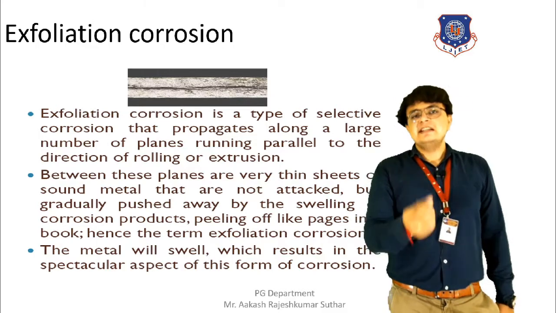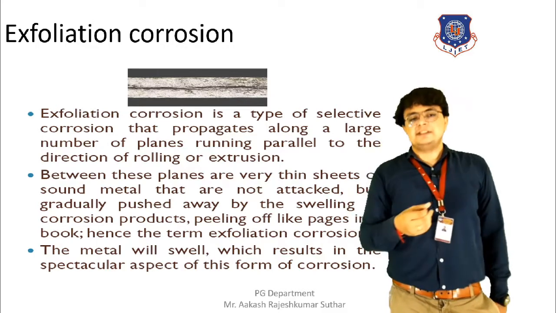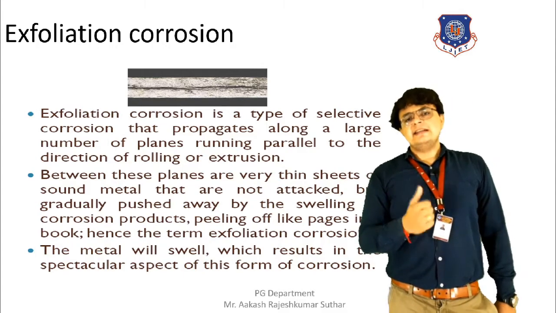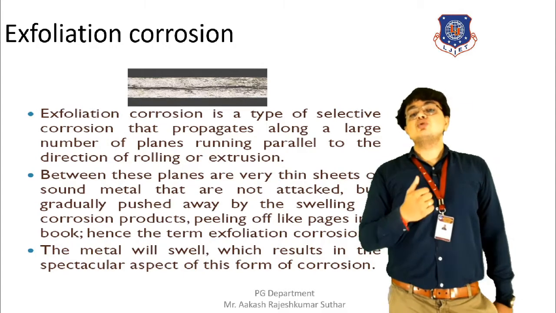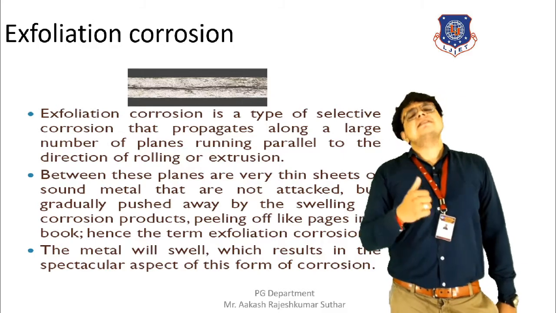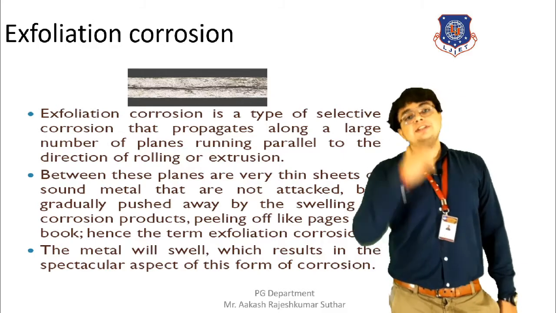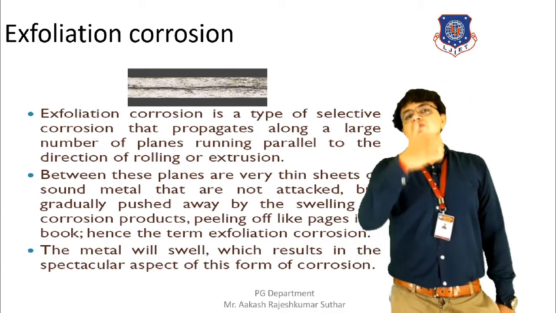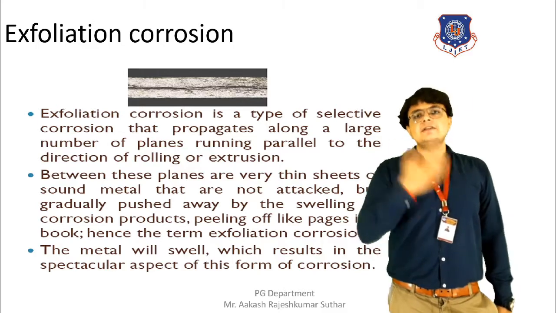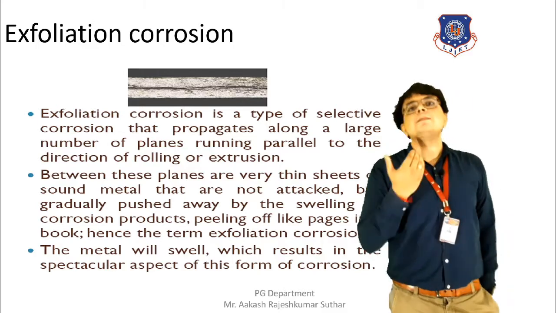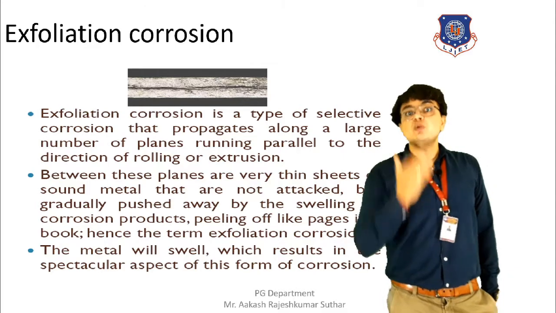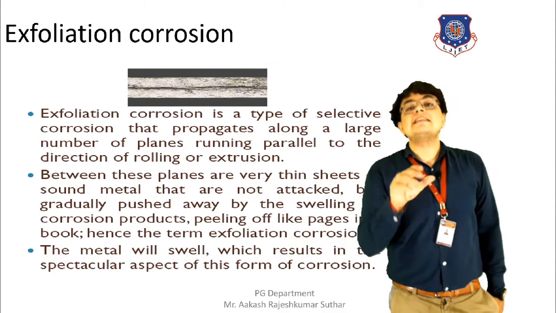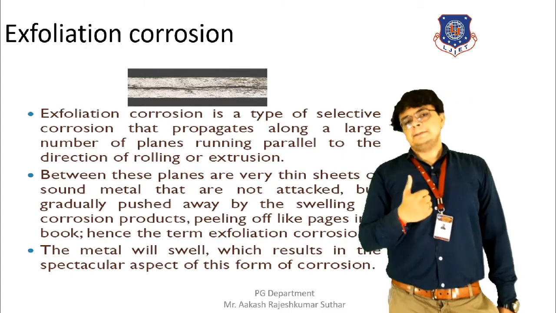It is affected, it will be peeled off from the surface. It will be pushed away from the surface. And as a result of this, swelling takes place. And hence, we can say that the corrosion on the metal has taken place. So this is how the exfoliation takes place. Once the peeling off or the pushing off or the removal of the planes takes place, then we can say that the exfoliation has occurred. And by this only, such type of corrosion is named as the exfoliation corrosion.